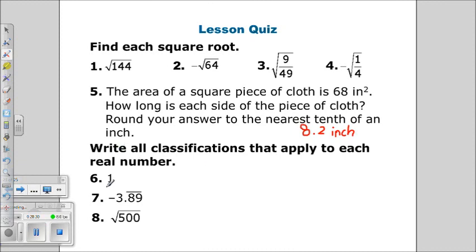After that, write all classifications that apply to each real number. Number 1 could be rational, integer, whole number, natural number, or terminating decimal. Number 1, rational? Yes, it's rational because it's a whole number. Integer, yes. The third one, whole number, yes. Natural number, 1, yes. Terminating decimal, we can say 1 over